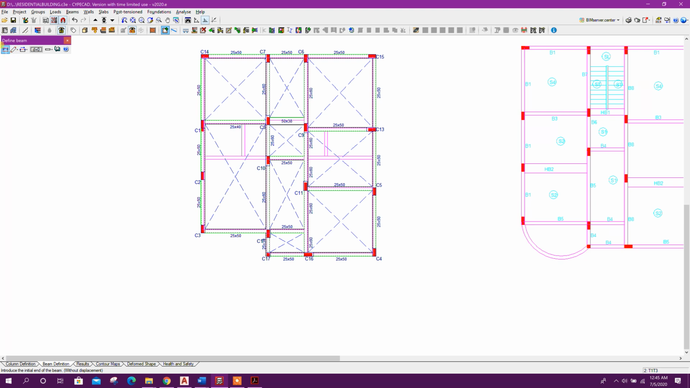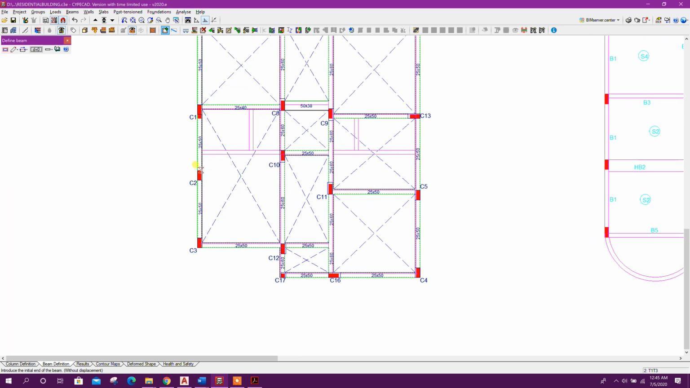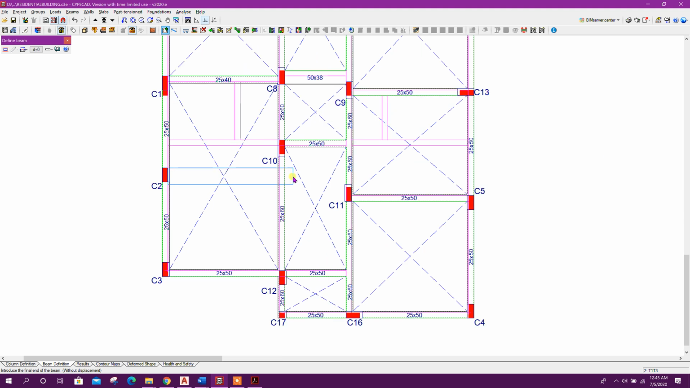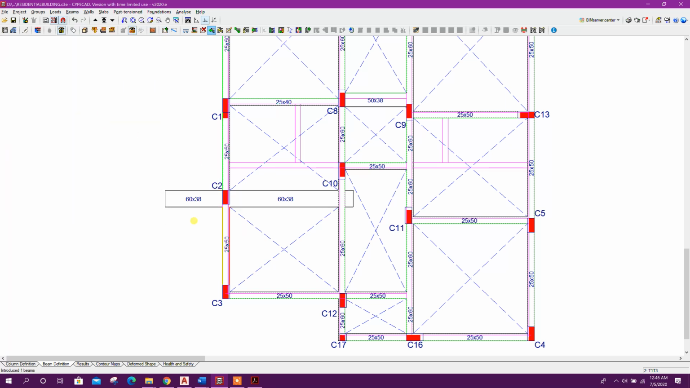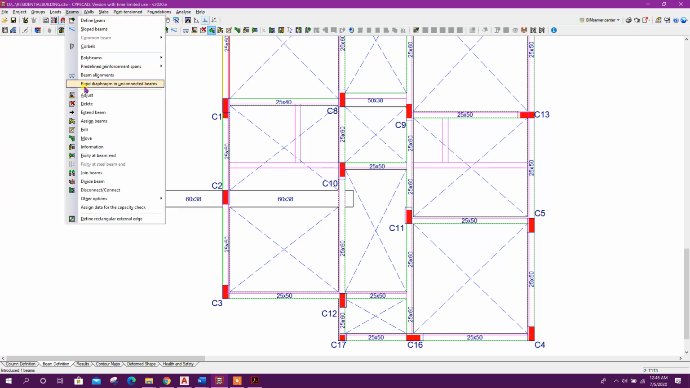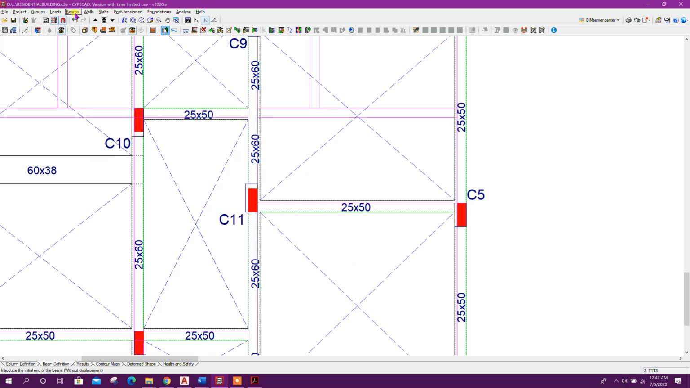Now another beam, this one will be 60 by 38. Click on accept, like this. Then extend beam, this one, extend. Delete this one, delete this one. So we can delete this beam,